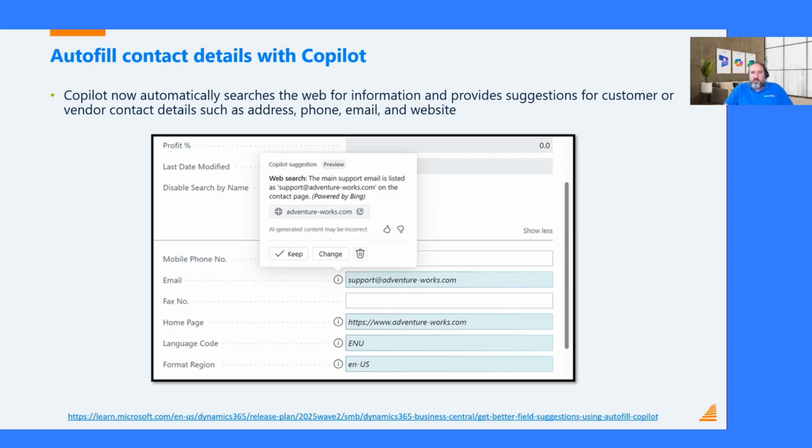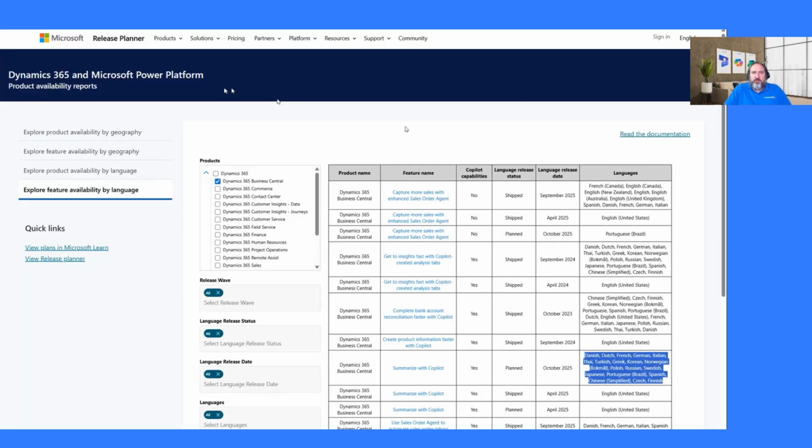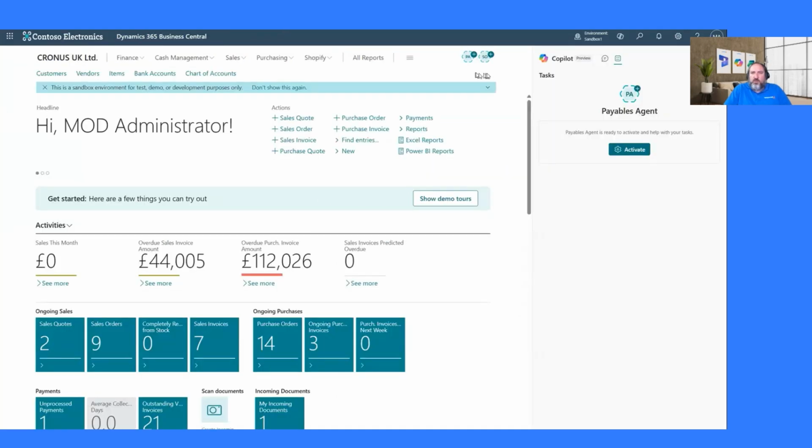Autofill contact details with Copilot. Already, I think it was 25.4 or 25.5, we had the use Bing search in order to add extra details from the web to the autofill details with Copilot. Just for those of you who might not have seen that yet, basically what you're able to do with that